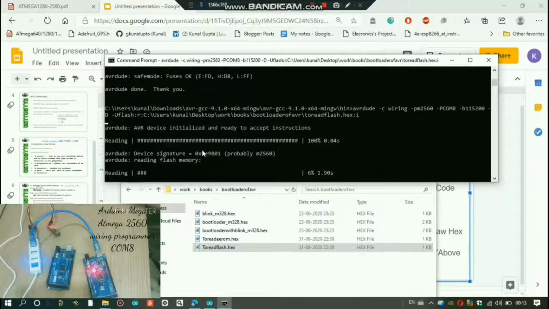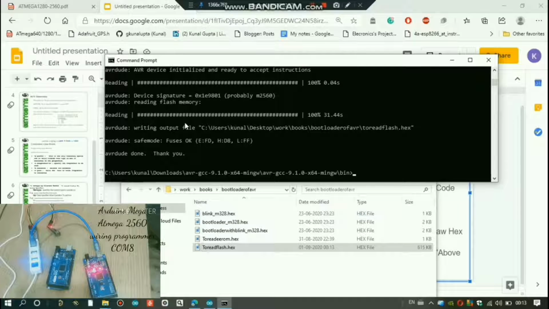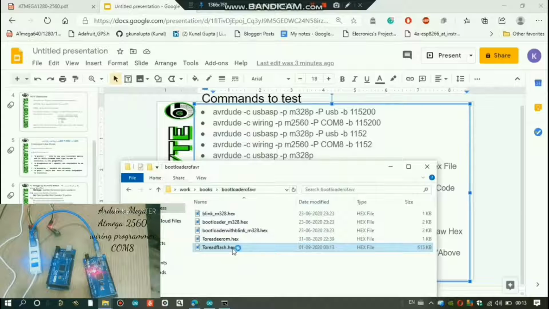Now it is reading the AVR microcontroller. You can see here that these LEDs are blinking continuously. So it is reading from the AVR microcontroller, and it will take some time, around 30 to 35 seconds. Then after reading, it will write the code read from the microcontroller to the file which we have mentioned. Okay, so now it is writing the output file, and it is written. Now you can see, if you open this file,